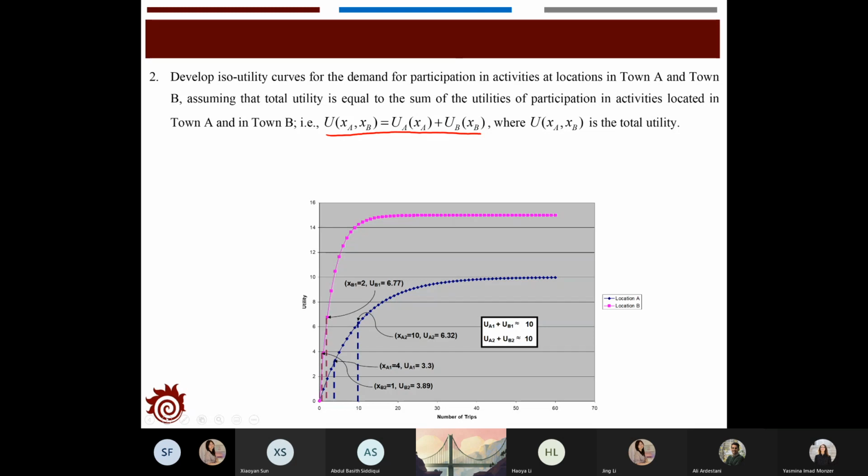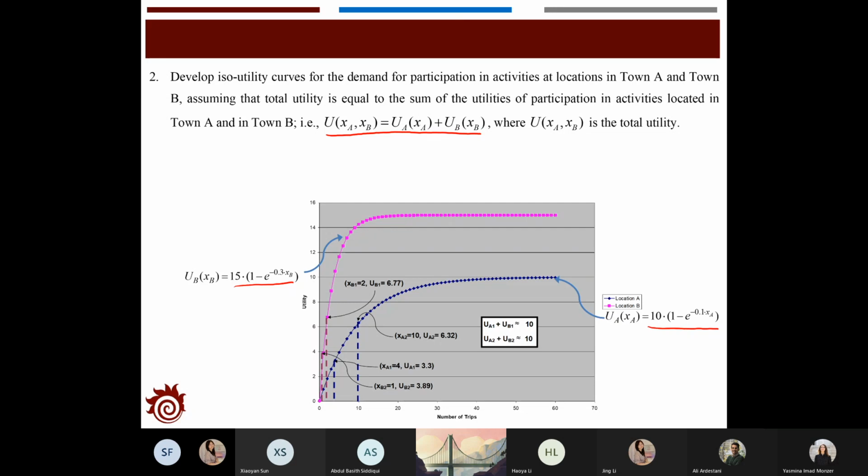Now we have already been provided with the utility function. We know that the utility of town A is 10 times (1 minus exponential of minus 0.1 XA), and at town B it is 15 times (1 minus exponential of minus 0.3 XB). So those are the two lines, blue for the utility at town A, pink for the utility in town B. To determine the isoutility curve, we need to find the combination of XA and XB to make sure that the utility of XA and